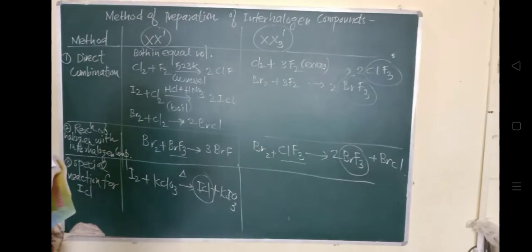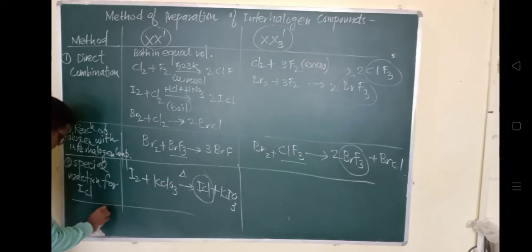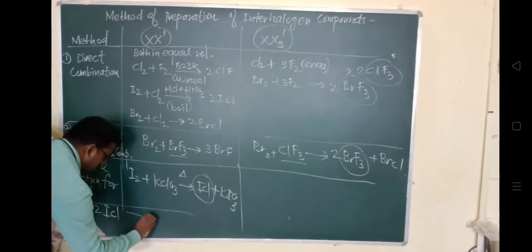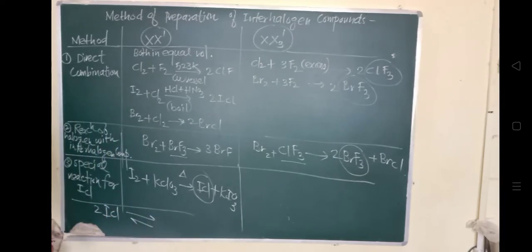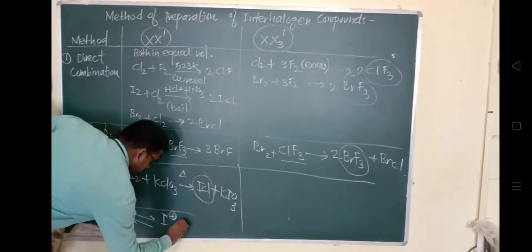About this iodine monochloride: in a liquid state it undergoes autoionization like water. If we look at this property of ICl, it autoionizes just like water. It ionizes like this: I+ and ICl2-. This is called autoionization. This is a cation and this is an anion, the solvent cation and solvent anion, as in water.